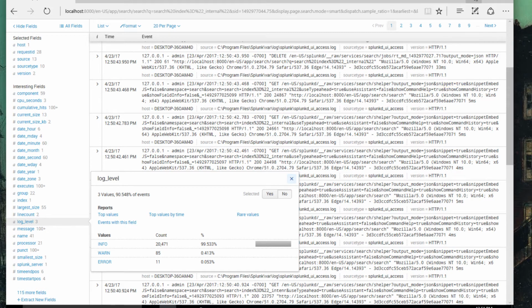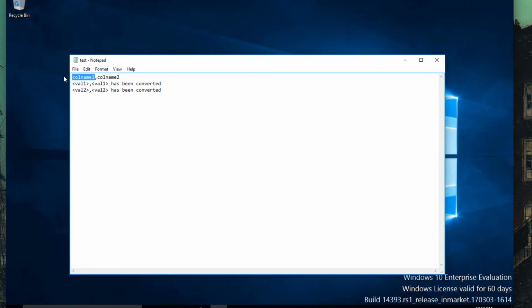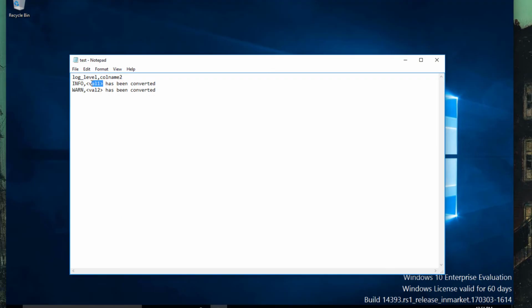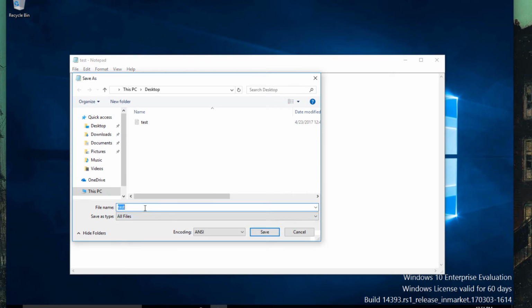So for call name 1, we'll put log level, and value 1 info, value 2 warn, just like this data is showing here. And for column 2, we'll put info has been converted and warn has been converted. And let's save that as